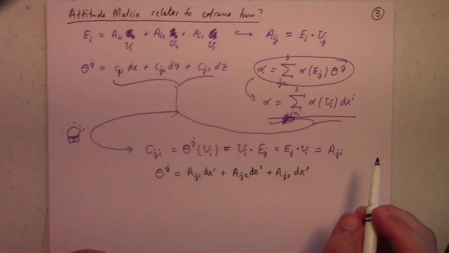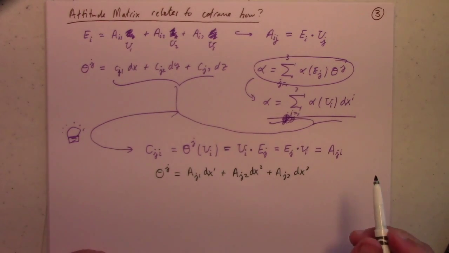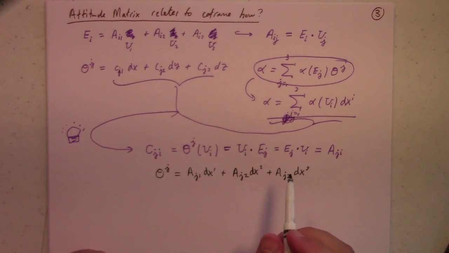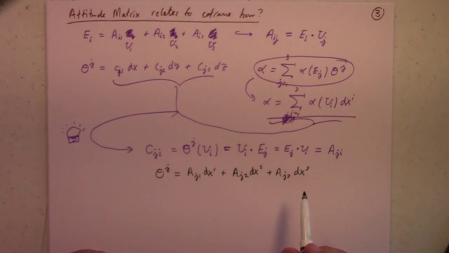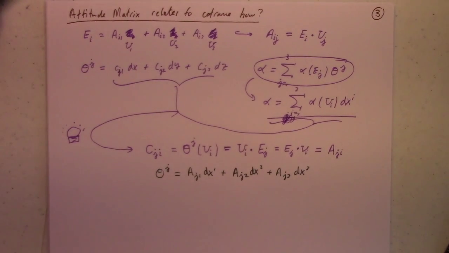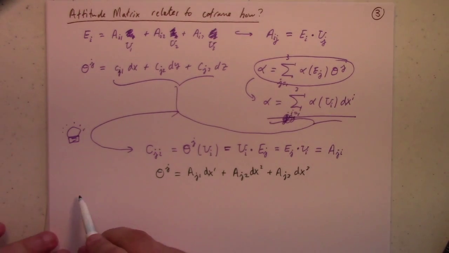That, of course, is the sort of attitude matrix relation for the coframe, right? Now, I have a slightly slicker argument, I think, on page 53 to 54 in the notes, but I thought it would probably be worthwhile to stumble through it like we just did. So, just to recap in the form of a proposition,